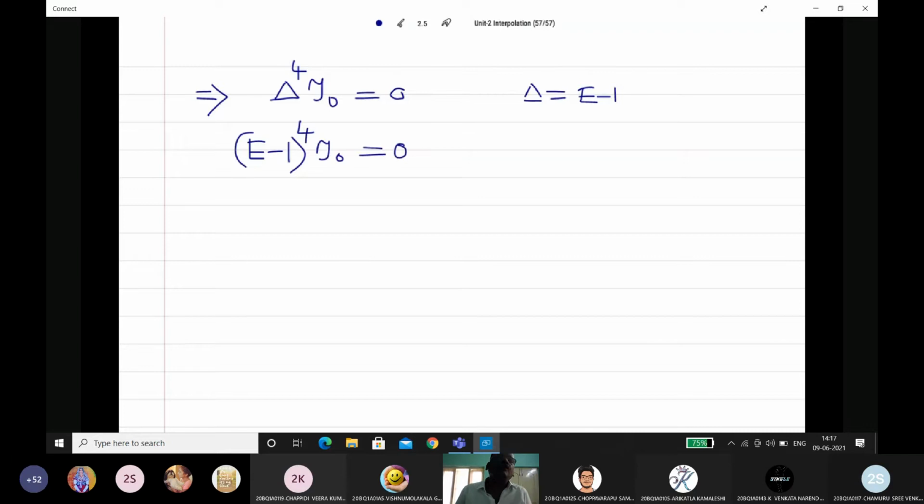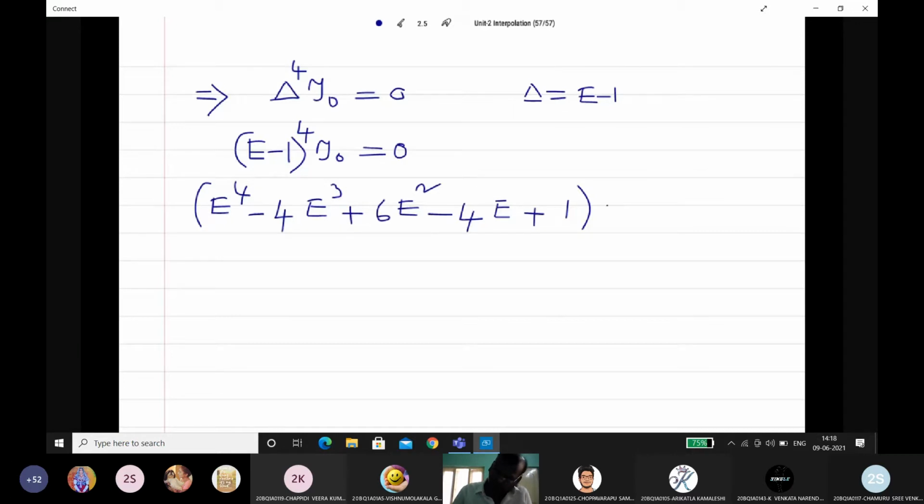Now (a minus b) whole power ఇది గుర్తు పెట్టుకోవాలి. e power 4, e cubed, e square, e constant. That is equal to (e power 4 minus 4e cubed plus 6e square minus 4e plus 1) into y0